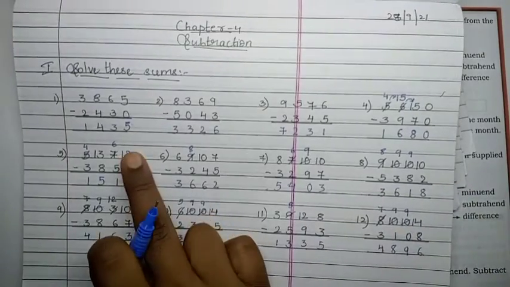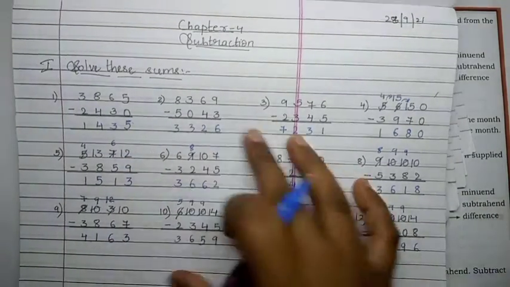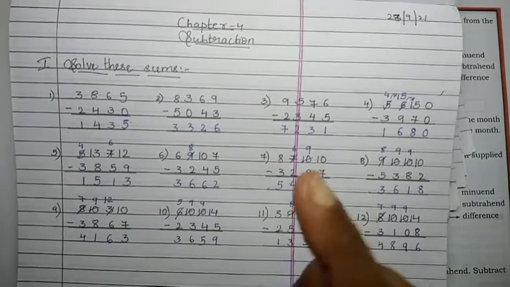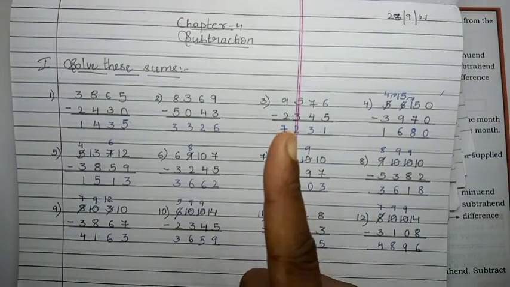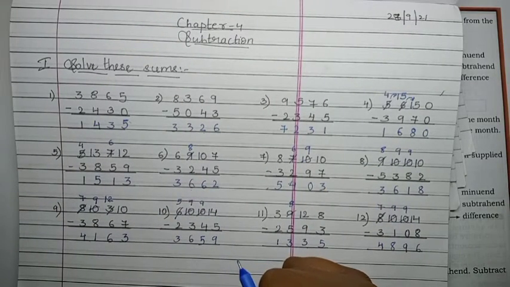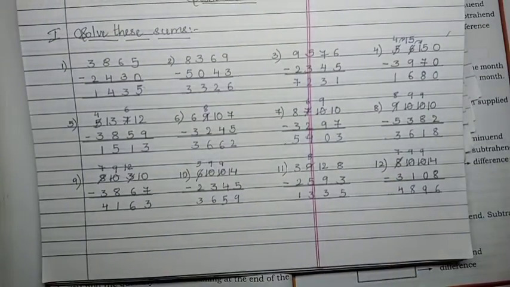Okay. See children, this is the end of today's class where we have learnt subtraction problems of 4-digit numbers. I have solved 12 problems for you. Okay, please write it down one time in classwork and one time in homework also. One time in classwork, follow the video and answer it directly. In homework, when you are solving, write down the questions only, then solve it yourself children. Okay, then you will be able to remember it well. Okay, so thank you.